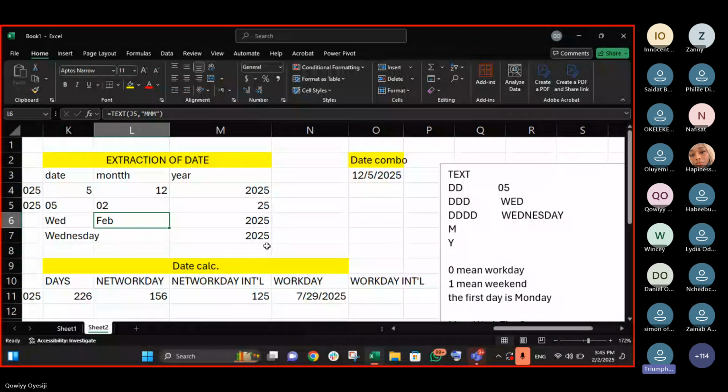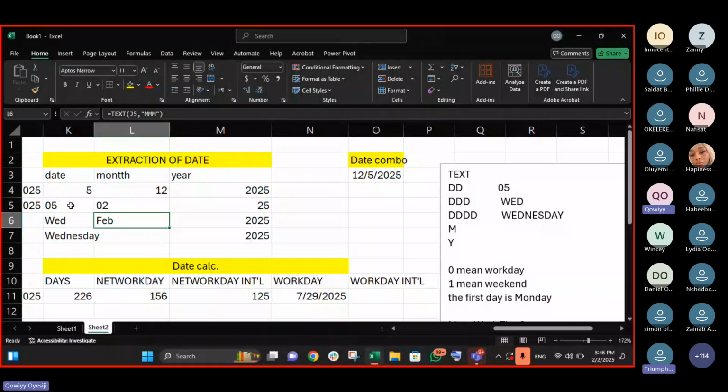Okay, but please, I wanted to ask. Just yesterday we spoke about text being on the left-hand side and numbers being on the right-hand side. If you check, when you did the text for dates for DD, you saw 05. Thank you so very much for this question. In fact, it's a question I said I'd be asking, but it skipped my mind. Now, what is the function I used in extracting this? Text. Yes. So this function itself is a text function.